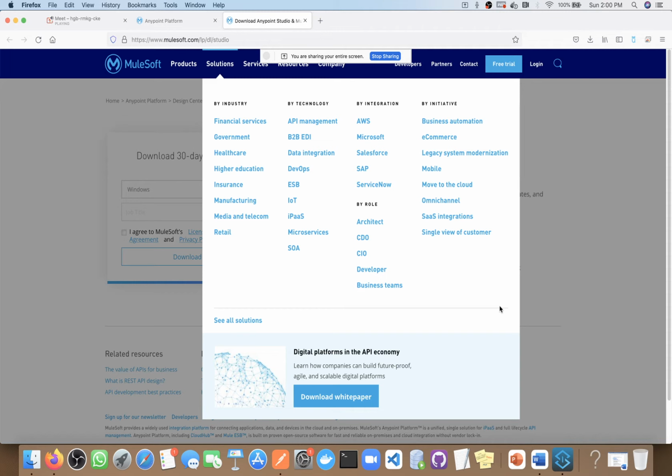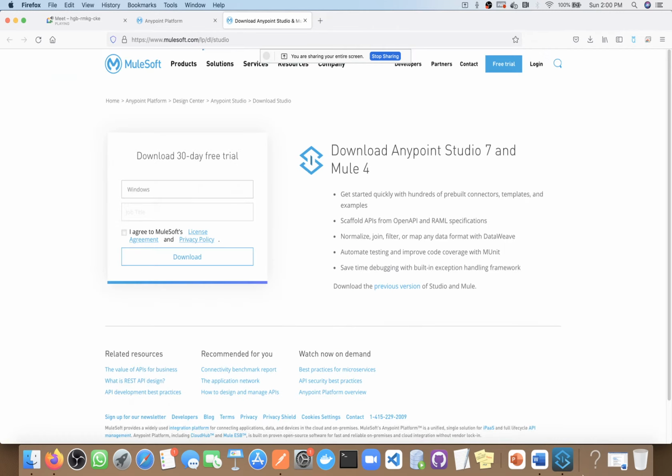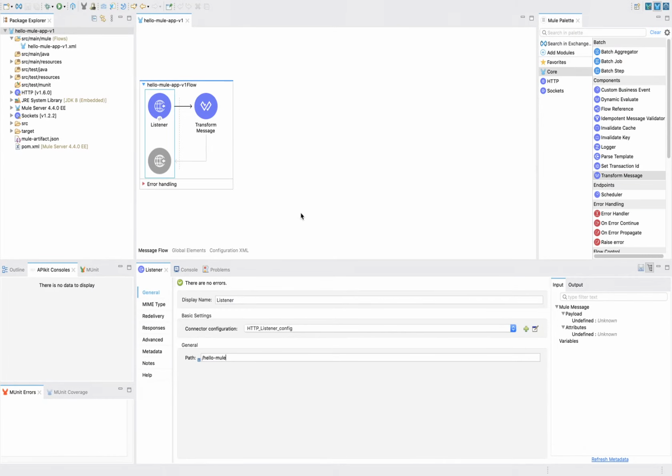In real time, what naming are we following for project names? Okay, that we will see. Whatever standard I have defined here, we follow in multiple places: first your project name, then app, then v1. Oh sorry, a layer will also be there. For example, project name, then which layer, like whether you are developing experience layer, process layer or system layer, then app, then v1. This is a common standard many projects follow.